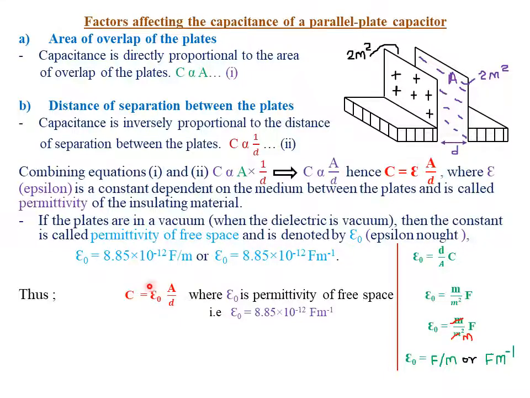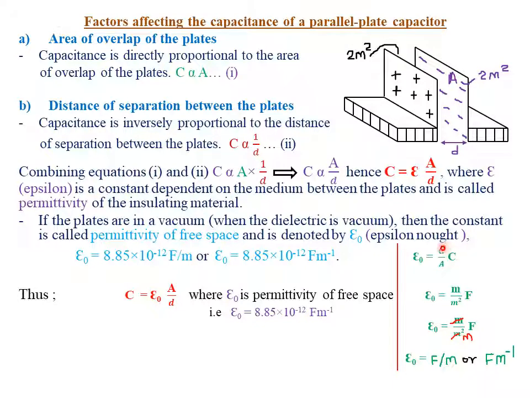That is, I'm multiplying both sides of this equation by the reciprocal of A over D, so that I just remain with epsilon alone. So epsilon alone will simply be equal to D over A multiplied by C. That is, I've just multiplied both sides by the reciprocal of A over D, which is actually D over A. So from this equation, if I just consider the units alone, remember, D is the